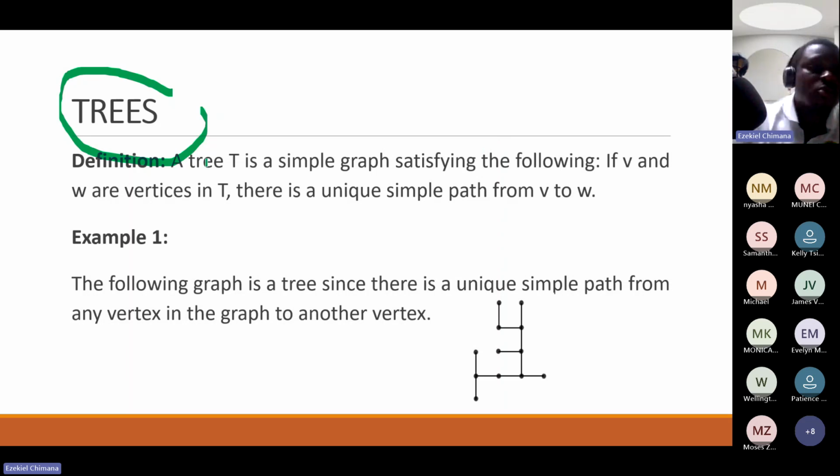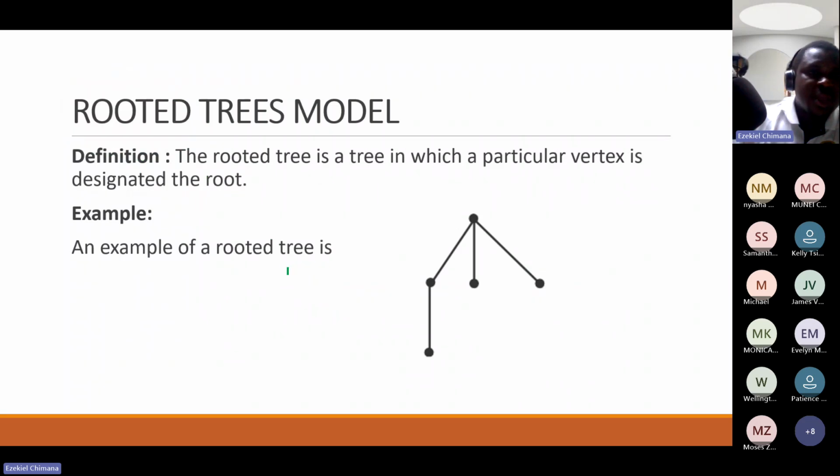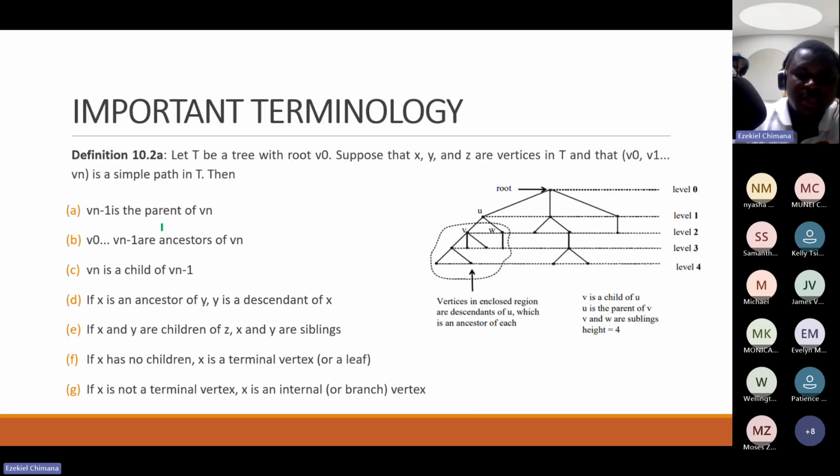So a tree T is a simple graph satisfying the following: if V and W are vertices in T, there's a unique simple path from V to W. For example, the following graph is a tree since there is a unique simple path from any vertex in the graph to any other vertex as well. So we can talk of rooted trees. A rooted tree is a tree in which a particular vertex is designated as a root, like you have got this root and other subtrees. So this is an example of a rooted tree. And then there's this one,